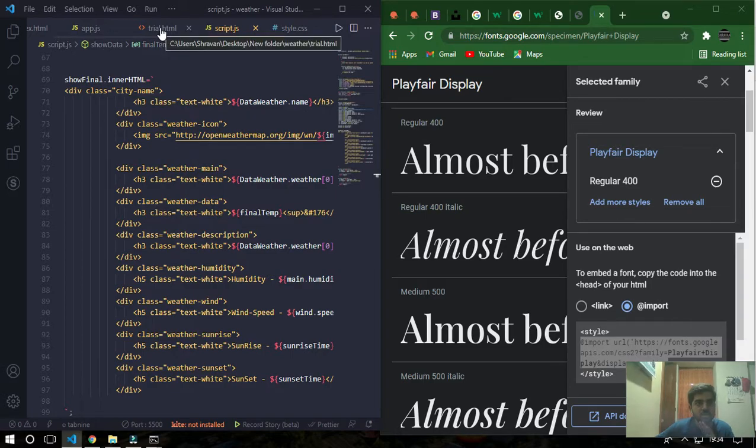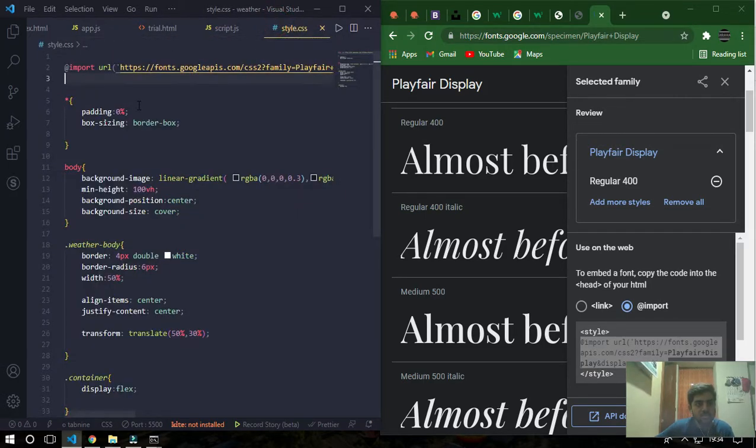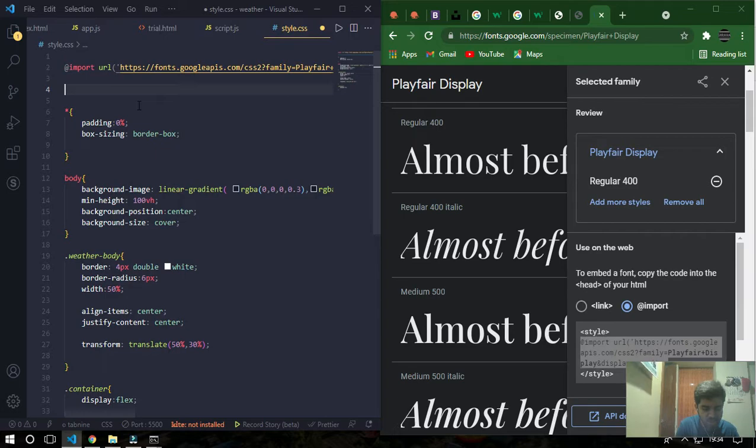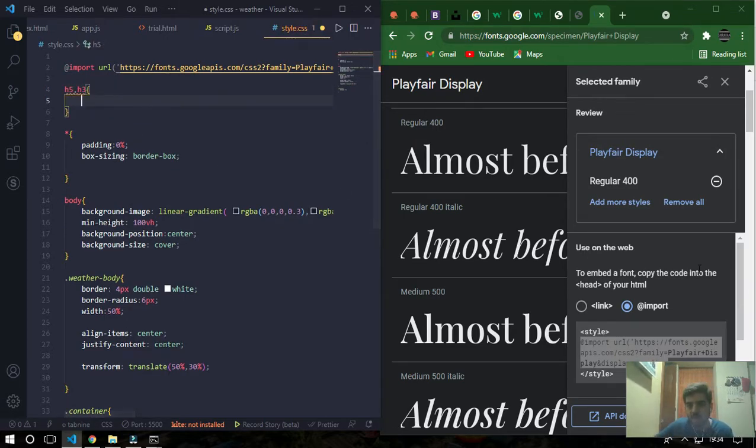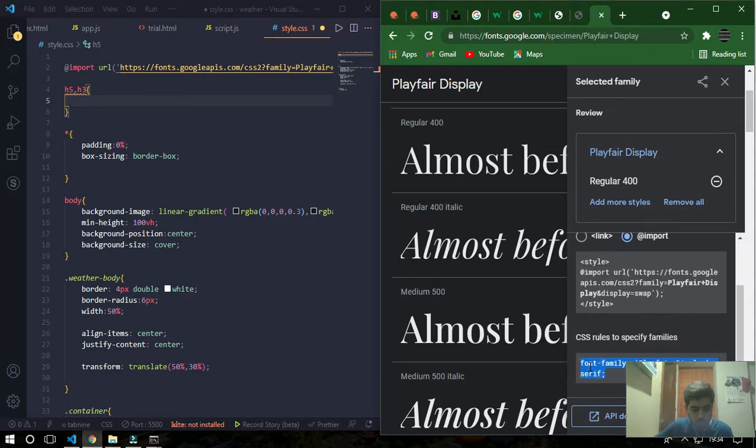Okay, so in CSS, for every h5, h3, my font will be this thing.